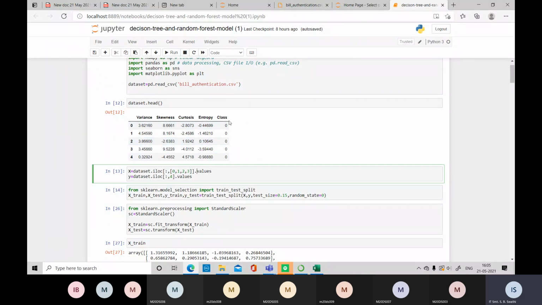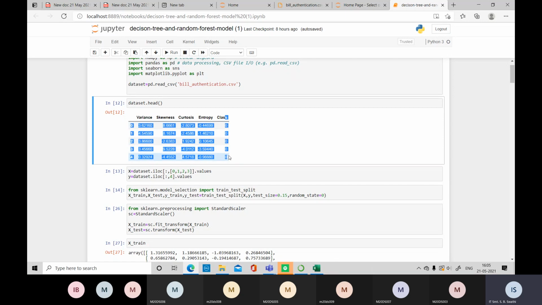And for Y, I want to assign only the dependent variable, and the column number of this class is 4. Only indicate that number, so it is colon comma 4. If you want reverse indexing, the column will be -1 for class. In the reverse direction, it starts from -1, then -2, -3, and so on. That is reverse slicing. In the forward direction, indexing starts with 0, 1, 2, 3, and so on.